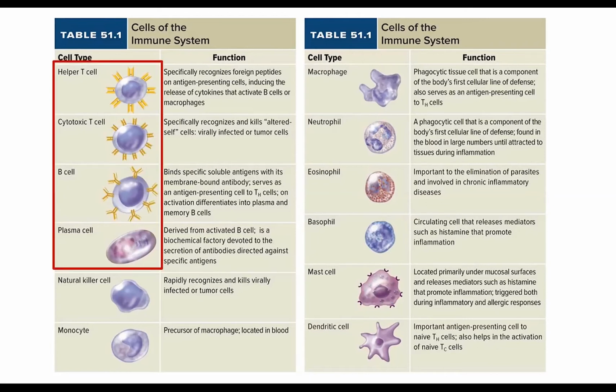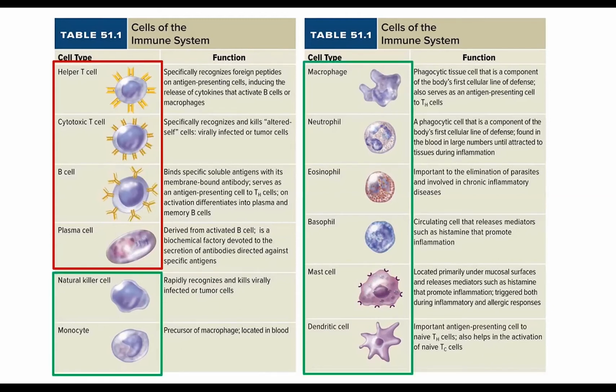The first four on this table, the helper T cell, the cytotoxic T cell, the B cell, and the plasma cell, are going to be covered when we go over the adaptive immune system. The rest of these are related to innate immunity, with the understanding that there is an interaction that takes place between the innate and adaptive immune systems, and that will become clearer as we go through this